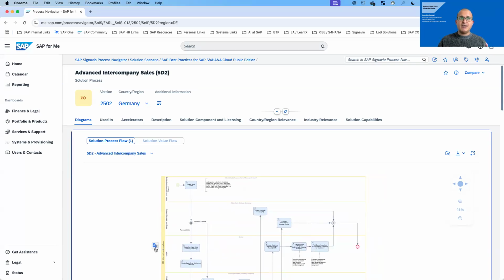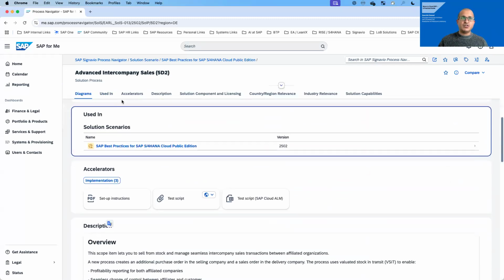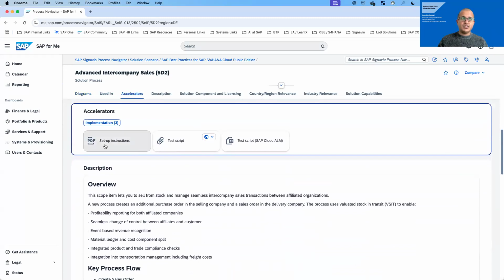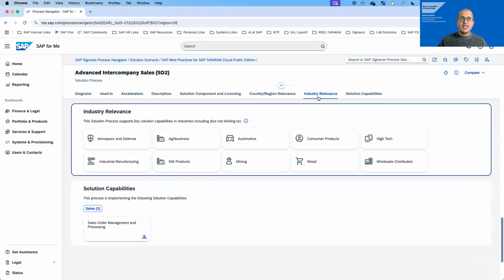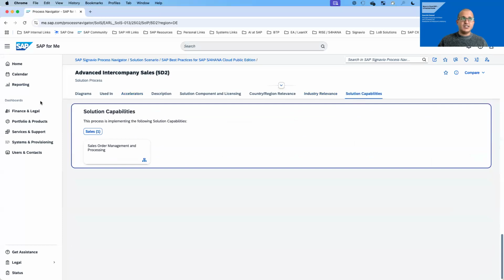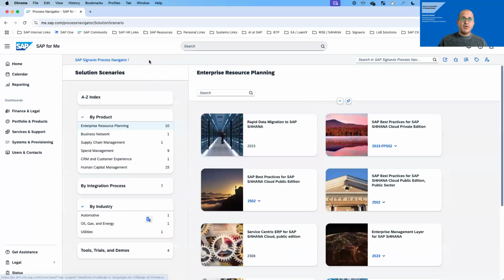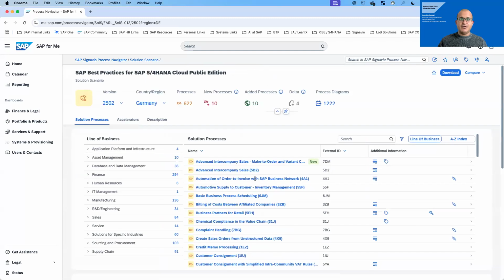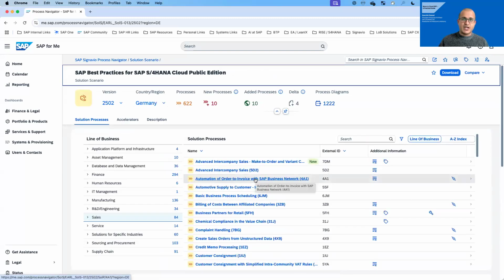That is built over here with advanced intercompany sales, and it provides a detailed process flow of how this process works in public cloud. And once the two-tier architecture is refreshed as well, you can see how this flows across the two-tier as well. And you can see over here where it is used, what are the accelerators that are supporting. So how do you set it up in public cloud? What are the test scripts, how to test it, and how to use the test scripts in Cloud ALM, the detailed overview of the process, which industry it is applicable for, and what are the solution capabilities. So all of these best practices are part of the navigator, and you can see them in detail if you want to look at what SAP is